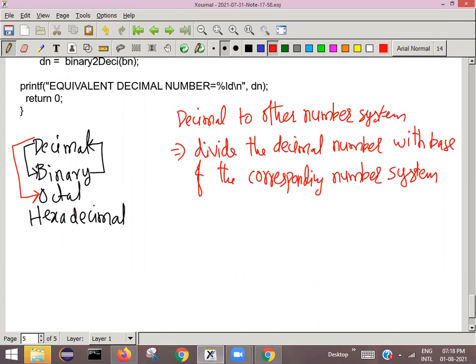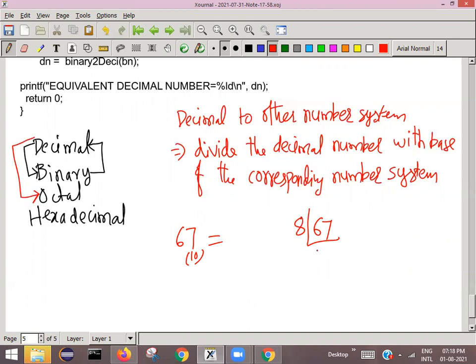Decimal to octal. Quickly, I'll take an example here. Say, for example, 67 base 10, and I want to find its equivalent octal number. What you need to do is divide this 67 by the base of octal.